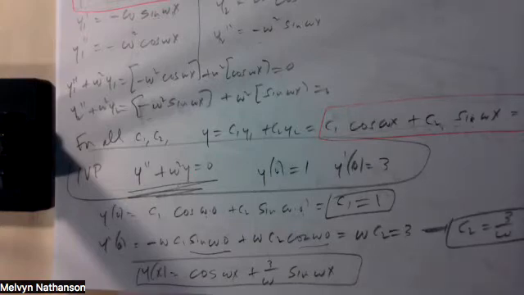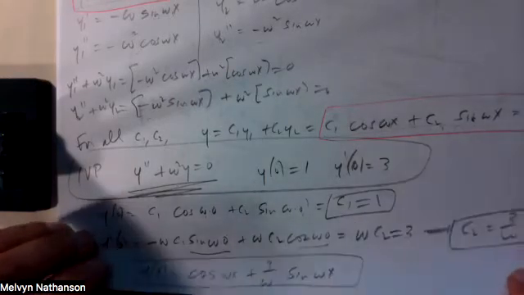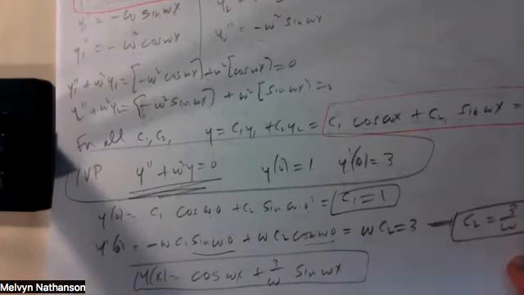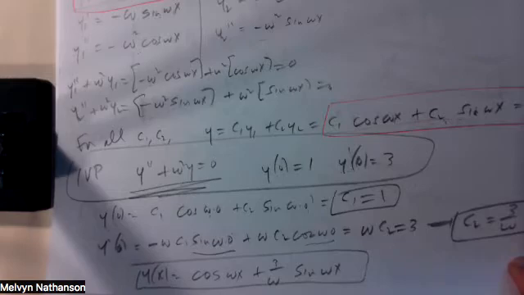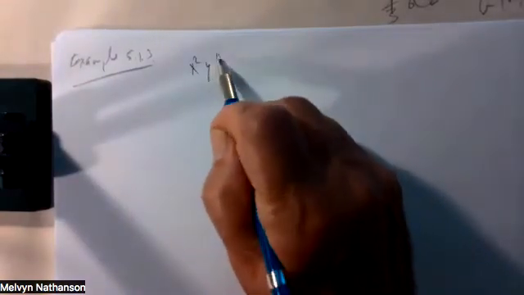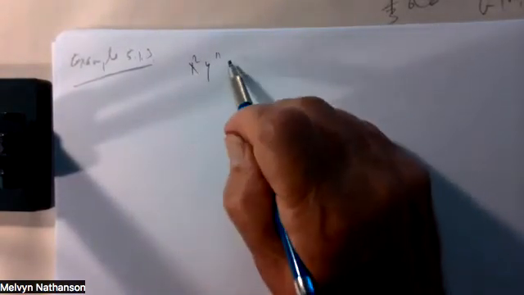All right. So I want to keep doing examples, and I'm picking examples from the book, which makes it easier to follow when you study at home. So let's look at a slightly more complicated problem. In the text, this is example 5.1.3. And we have the differential equation x squared y double prime